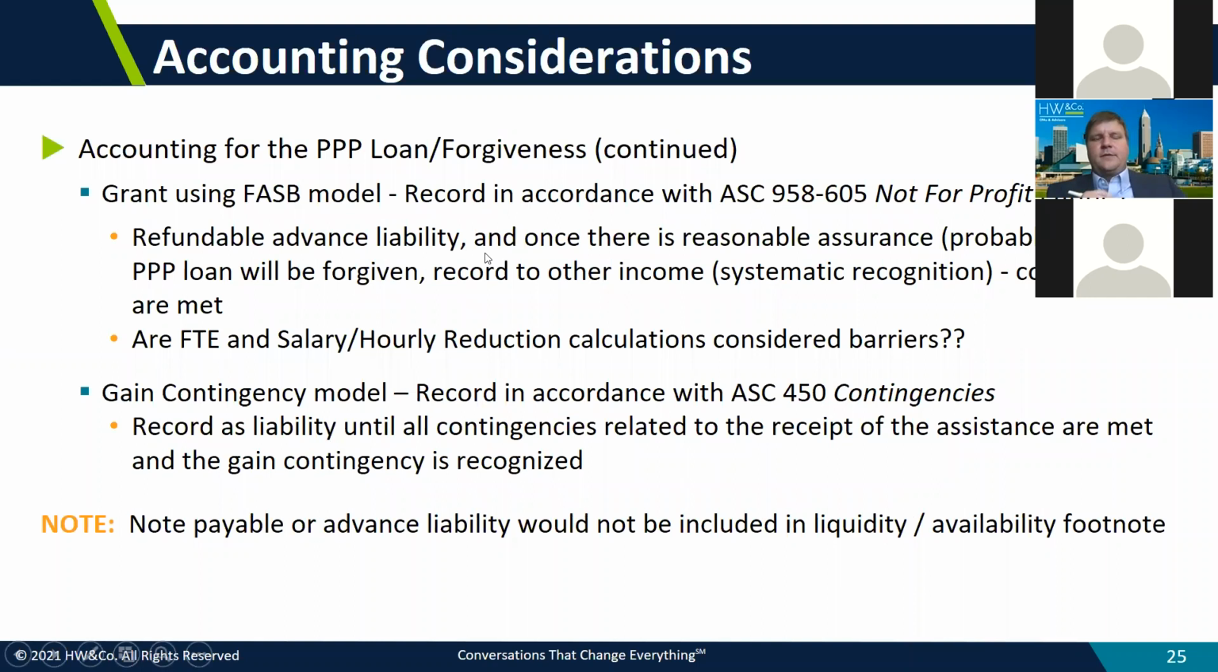And then the other way to record it, which gave you an opportunity to accelerate recognizing it as revenue, was under 958. What you would do there is, once you got the PPP money, you would record it as a refundable advance liability. And once you had reasonable assurance, meaning it was probable that the loan would be forgiven, then you could record it to other income because the conditions have been met. There are no more barriers based on your assessments. You have reasonable assurance it's going to be forgiven. So that allowed organizations to accelerate recognizing that in revenue,